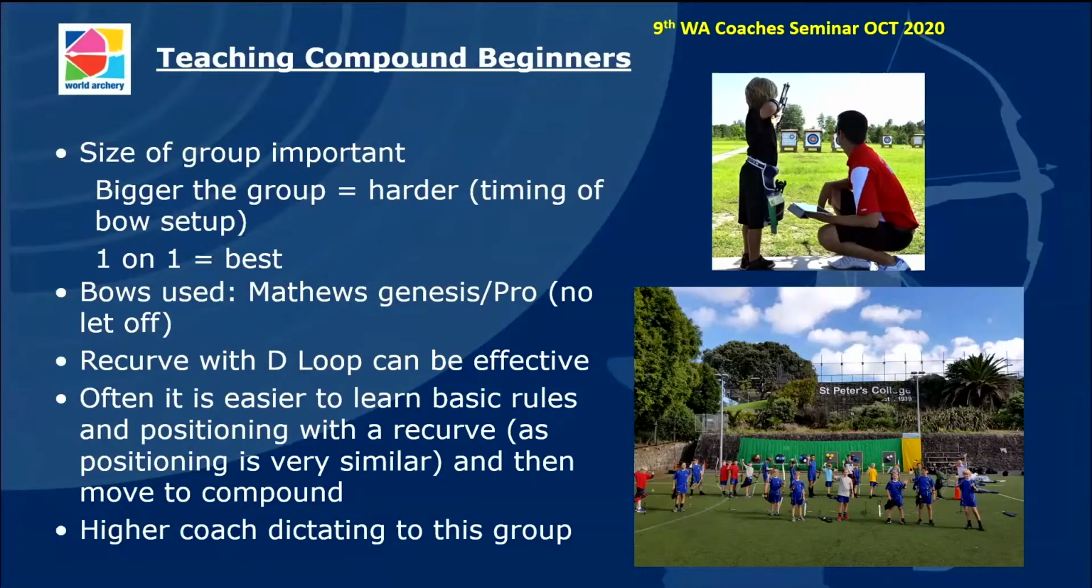The Mathews Genesis or the Genesis Pro is a very good option. They're very strong. They're very great for beginners, but they do have no let-off. So they're actually not a compound and they're not a recurve either. So they're a very interesting bow to use. As I mentioned before, you can use a recurve with a D-loop on it. And often teaching an archer with the recurve bow can be one of the most effective ways to move into the compound. So that is, they learn the basic rules, safety of shooting their bow before moving on to the